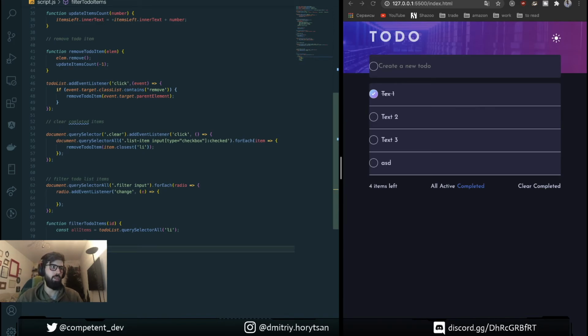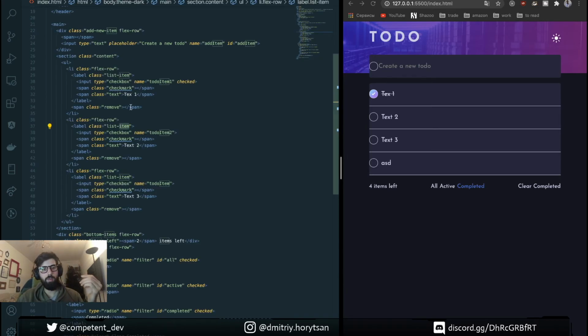So if it's all, what do we do, how are we going to hide them? For filter we don't remove, we just hide them.